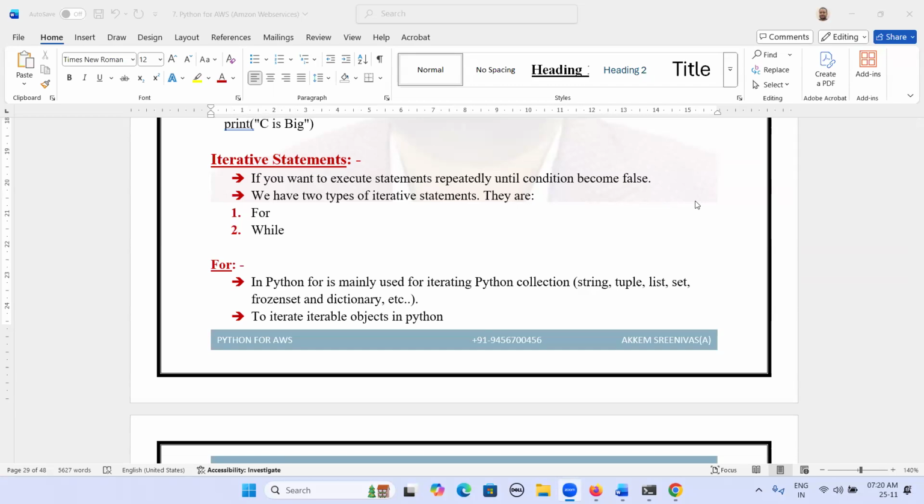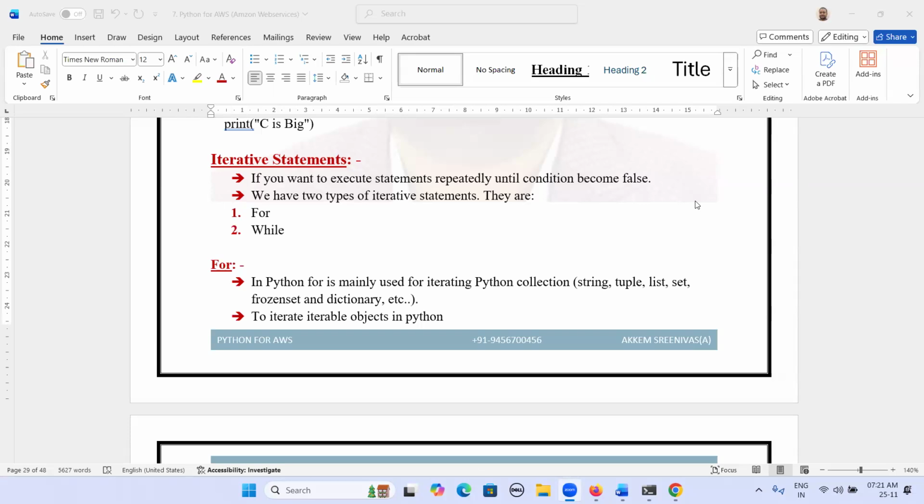Let's say I want to execute statements 10 times. I want to execute statements until condition becomes false. Once condition becomes false, I want to end. So to repeatedly execute statements, we use iterative statements in Python.